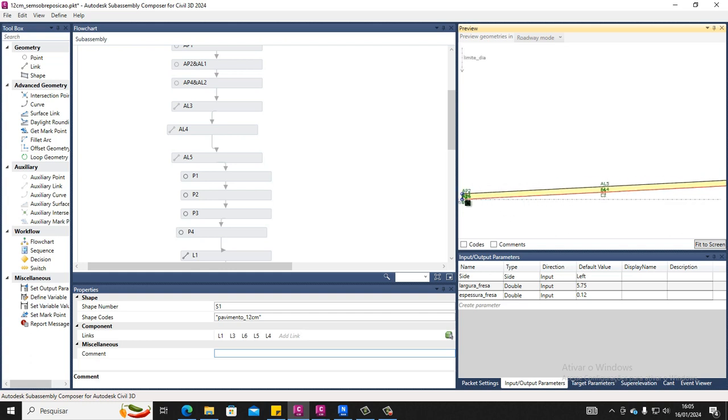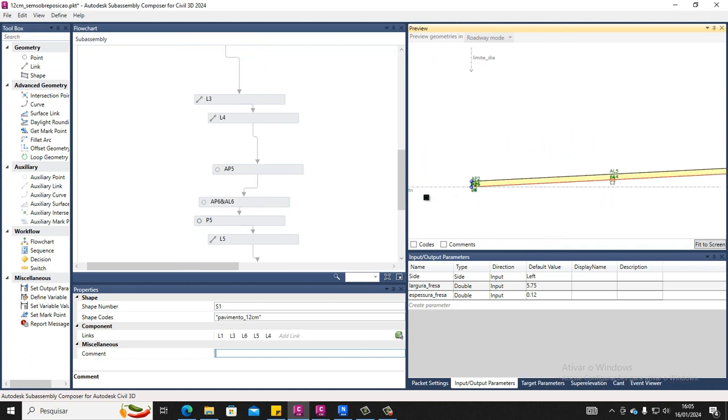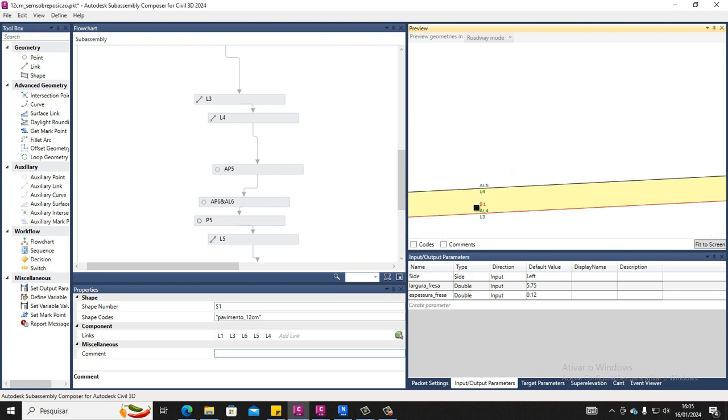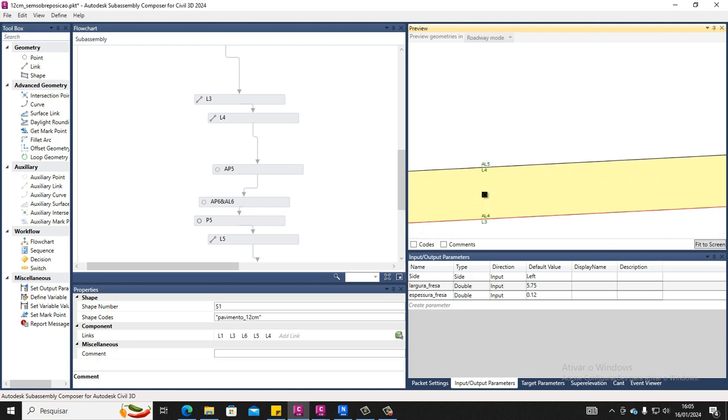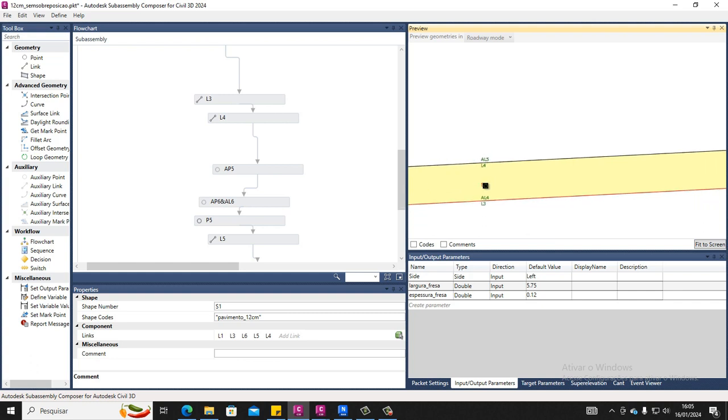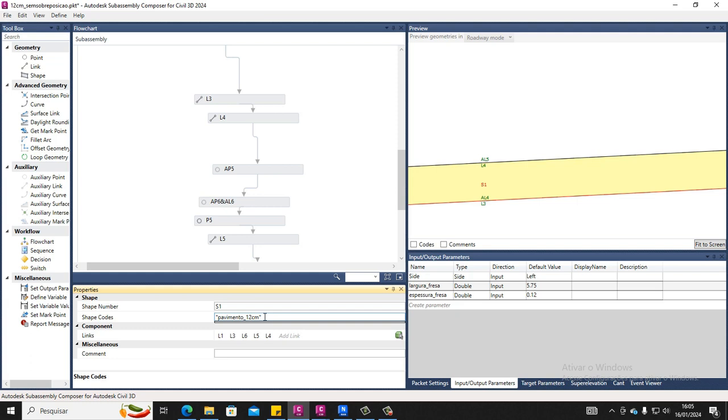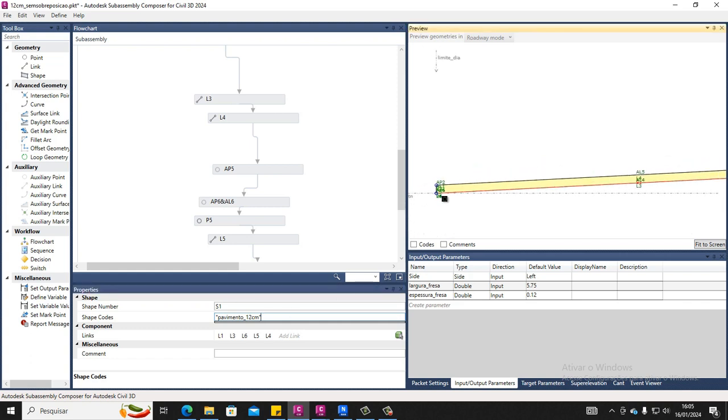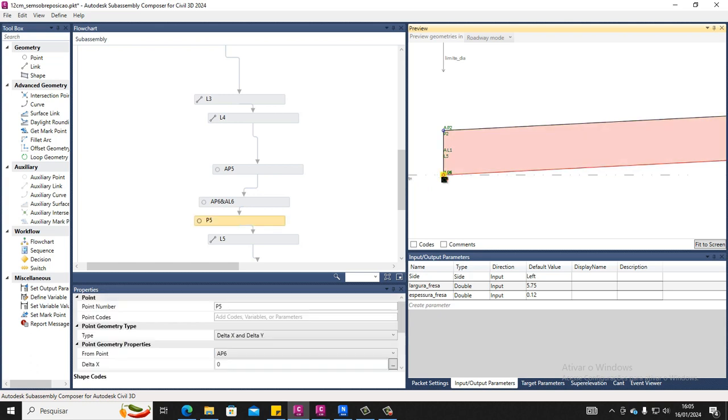targeting in existing ground that I called TN. So this crawl point you will match with a longitudinal profile in Civil 3D, and it can define this code to use in a name of layer. So here you have inside the code shape, you have the title as pavimento 12 centimeters. So in this last point, I connect this point the same level of the existing ground that you will find inside the Civil 3D,